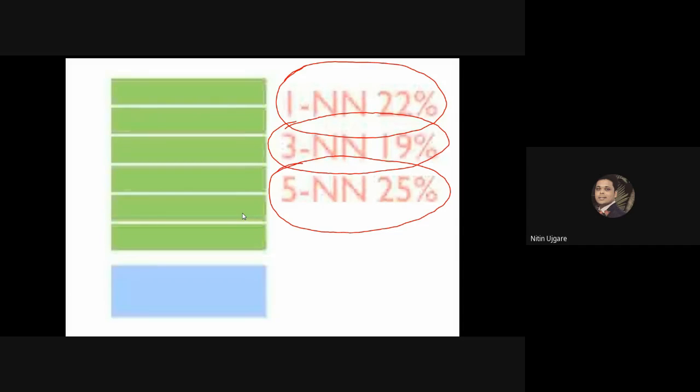Now we repeat the process of cross validation, that is, keep 1 fold aside for testing and train your model using the remaining 3 folds, and then find out the error rate. Because we have 4 folds, there would be 4 iterations. Find out the error rate for each iteration and then calculate the average error rate for the entire 4 iterations. That would be the cross validation error of a given machine learning model.